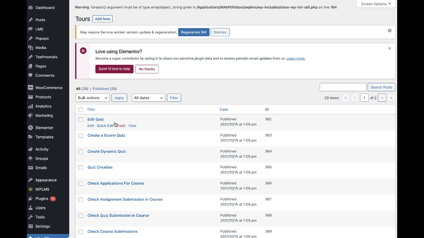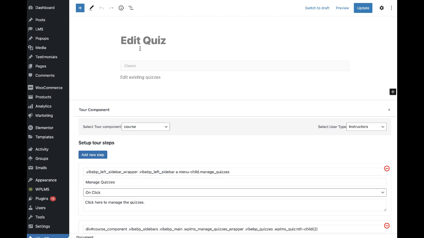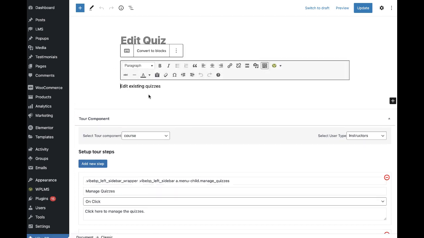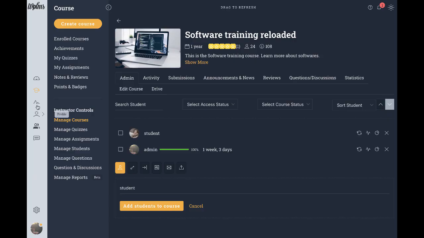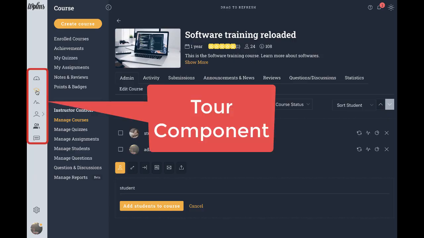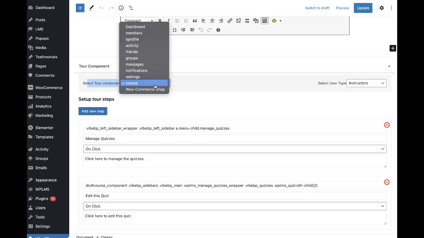Now you can see when we edit any tour, here we have the edit quiz tour, and when we edit it, here you write the title of the tour and a short description of what the tour is about, and then we have the tour components. This is the component area, which means that this is a tour for the course component.